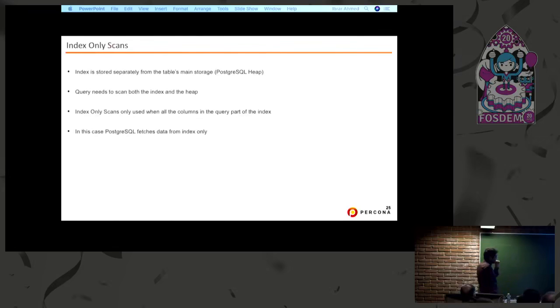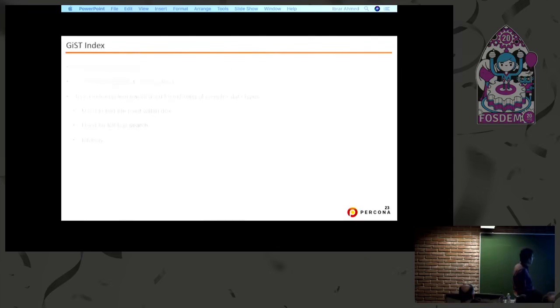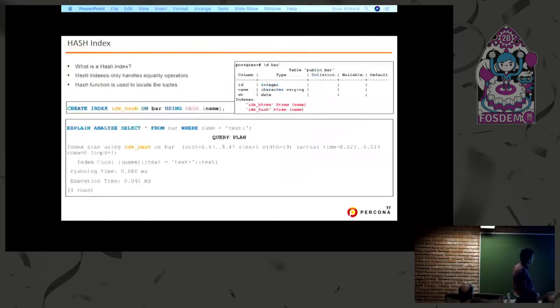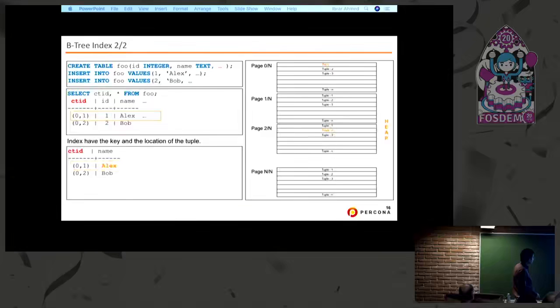One more interesting thing is index only scan. I told you that if I have a value in an index, I have data in a table and the data is already in the index, right? If I go to this example here, then you will